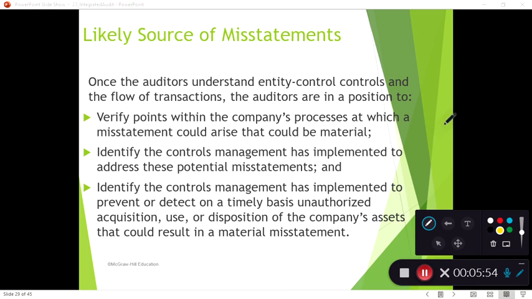Okay, so then once we get to that understanding of entity level controls, once we understand the flow of transactions, then we're taking a big picture look to think about, okay, where are the points that we could get a misstatement that could come up, right? So we're going to look for specific points within the process, and then identify any controls that have been put in place, and then